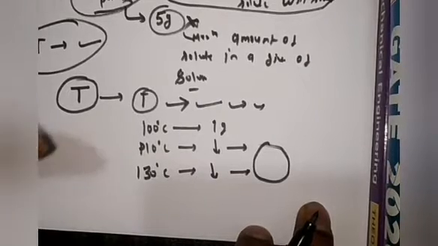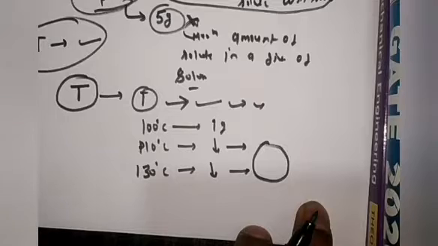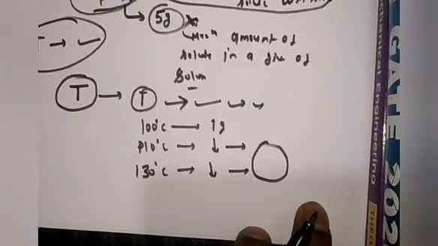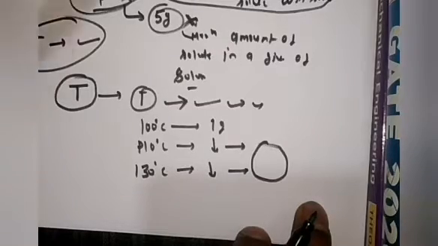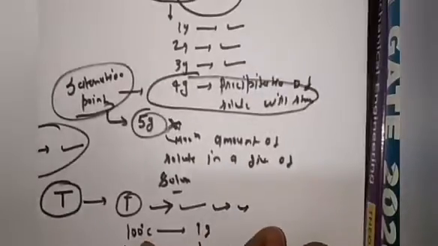Why I am mentioning a specific or particular temperature is because at a particular temperature the amount of solute which is being added in a particular amount of solvent will change, and the solubility of the substance will change. Solubility किसके लिए आएगा? So solubility will come for the solute, because you are adding the solute in a particular amount of solvent. Definitely.